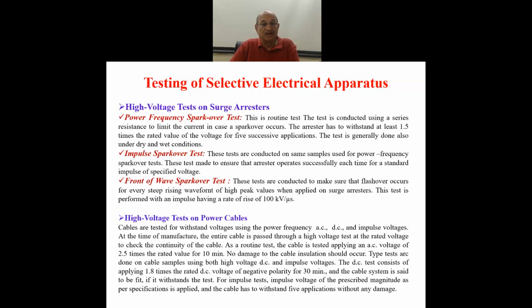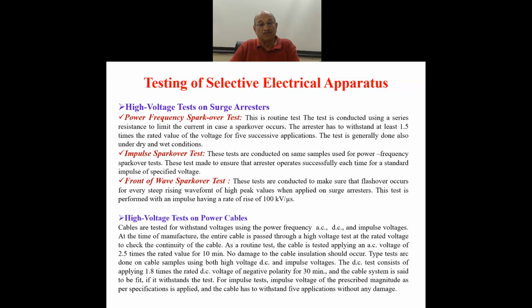It is possible that a steep rising wavefront pulse may not lead to a flashover. So to ensure that for every steep rising pulse the flashover occurs for the surge arresters,